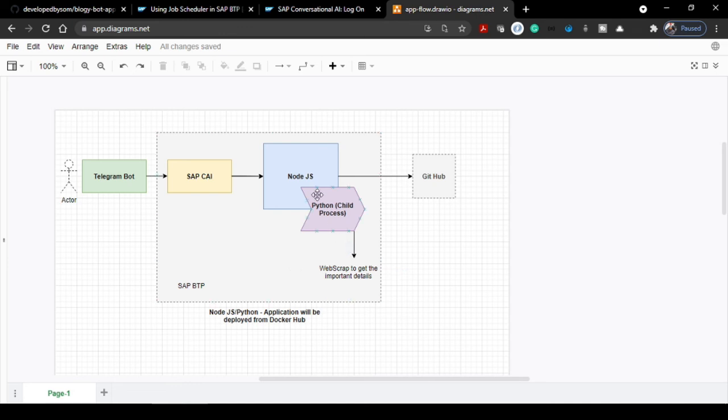And finally, once I receive the information in a structural fashion, it will update the GitHub markdown file. And in this journey, we'll use Docker Hub to deploy this Node.js and Python combination application into the SAP BTP.